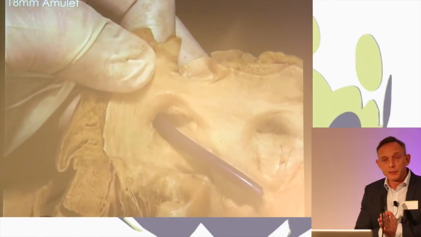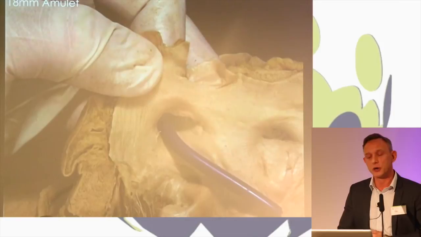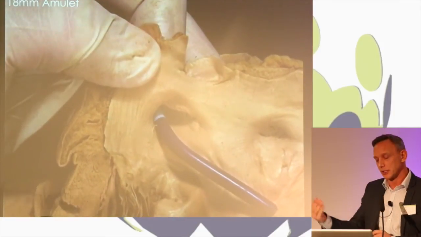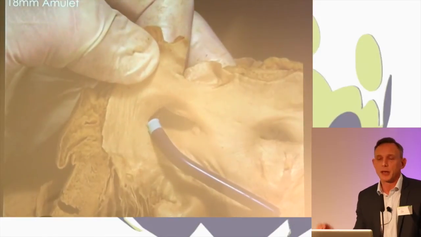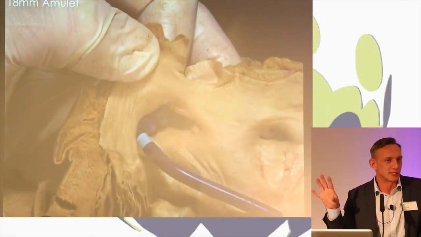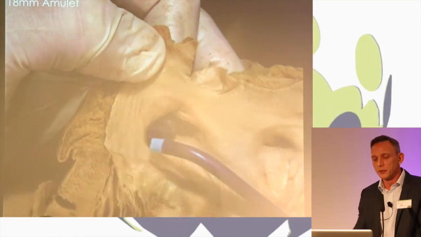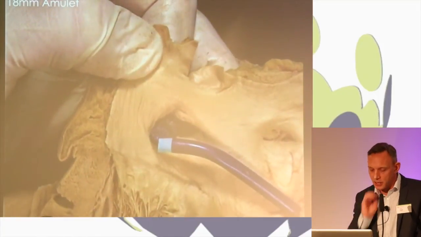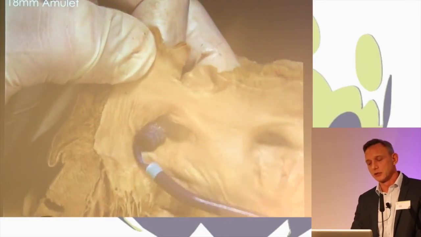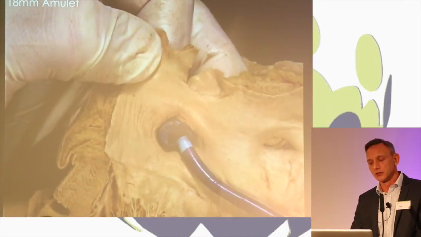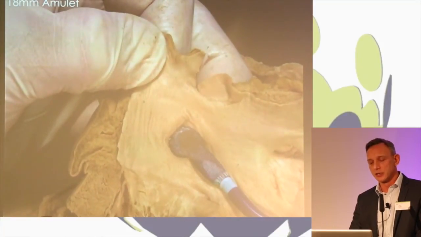Here is the same heart, but this time with an Amulet device. So the lobar region is being deployed, again, distal to the circumflex coronary artery. And then it's perhaps not the perfect deployment, but this is a simulation. And then we will have the disc being deployed in just a moment. So here comes getting the right angle, and here is the disc being deployed. So exactly the same,